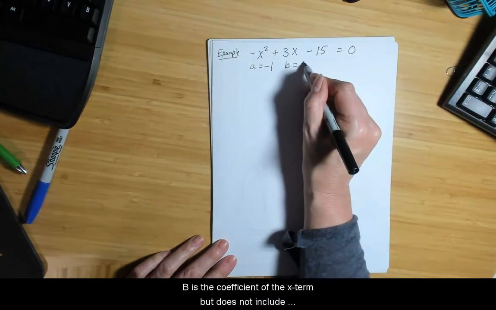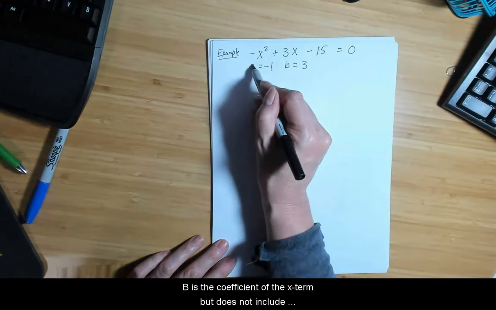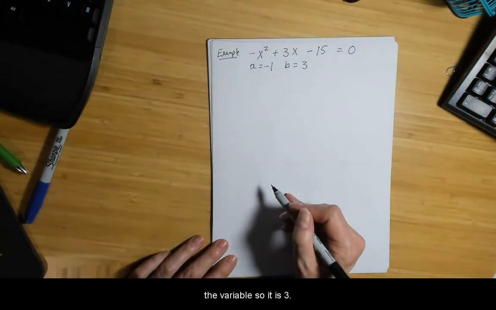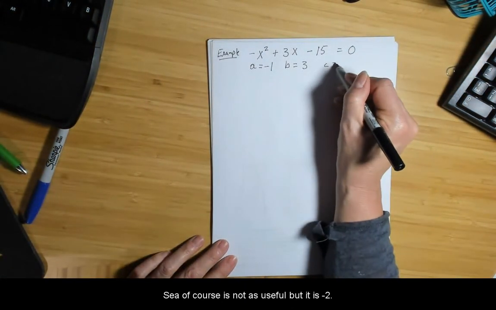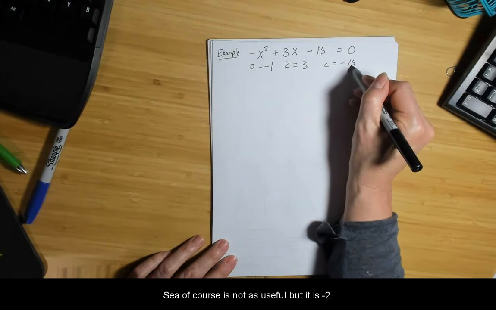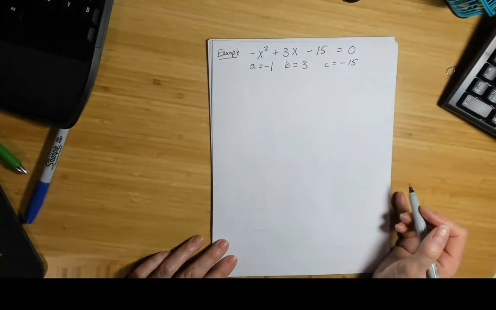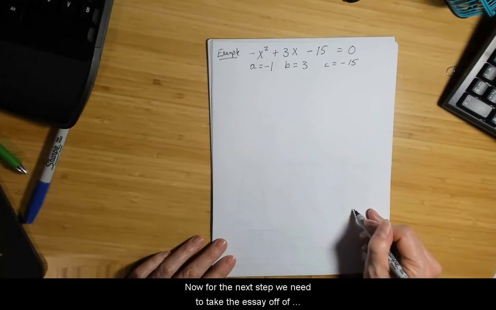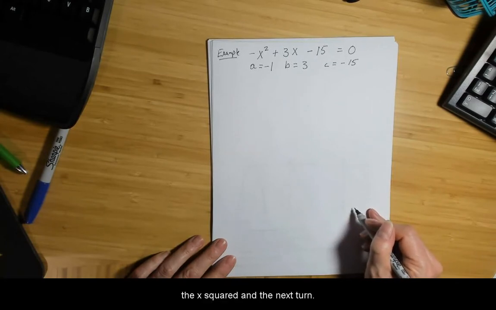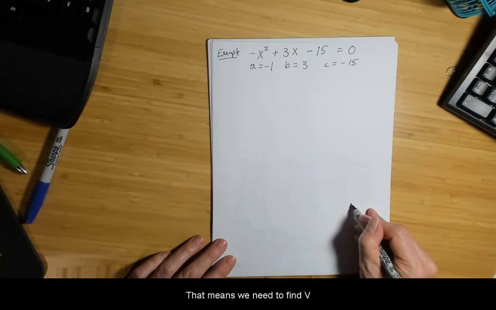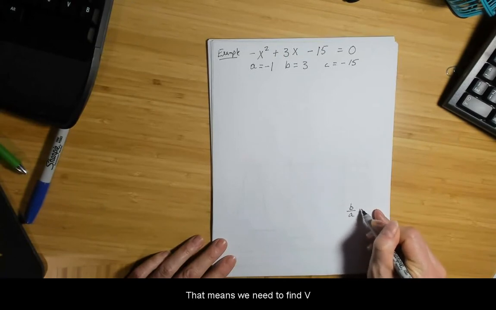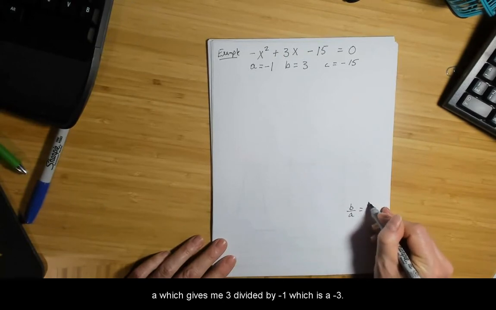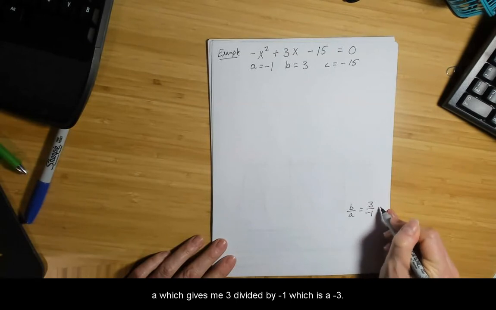B is the coefficient of the x term, but does not include the variable, so it is 3. C, of course, is not as useful, but it is minus 15. Now, for the next step, we need to take the a off of the x squared and the x term. That means we need to find b divided by a, which gives me 3 divided by negative 1, which is